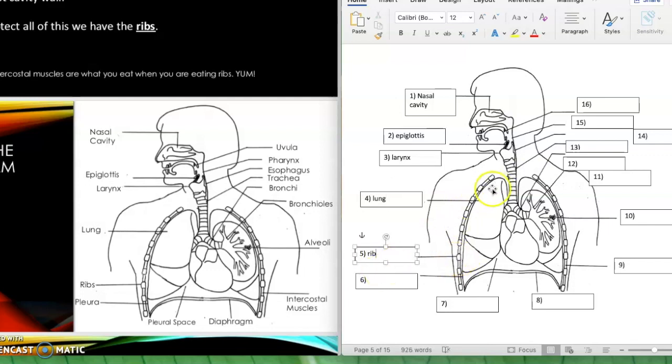And again, this is the rib cage. You can feel your ribs. Those are the bones that protect your chest cavity. Number 6 is pointing to the pleura. So we talked about the pleura